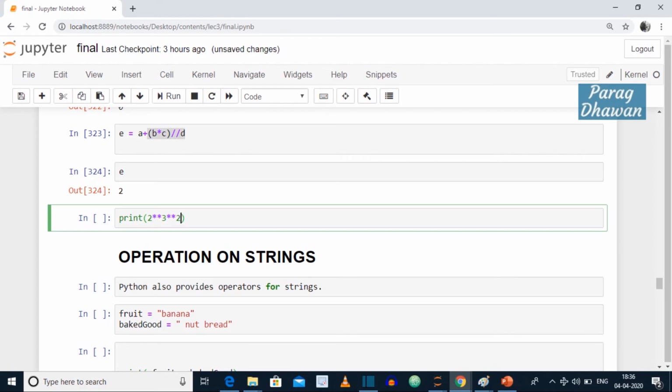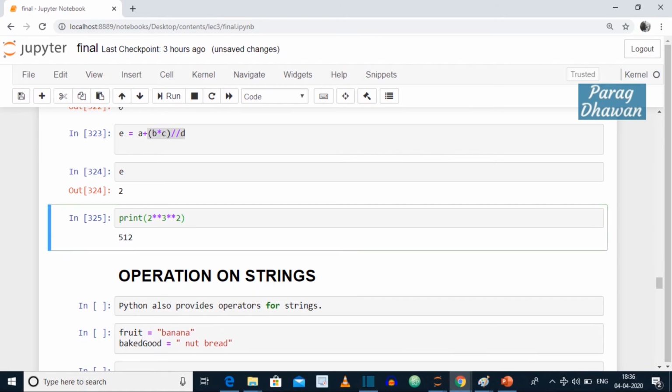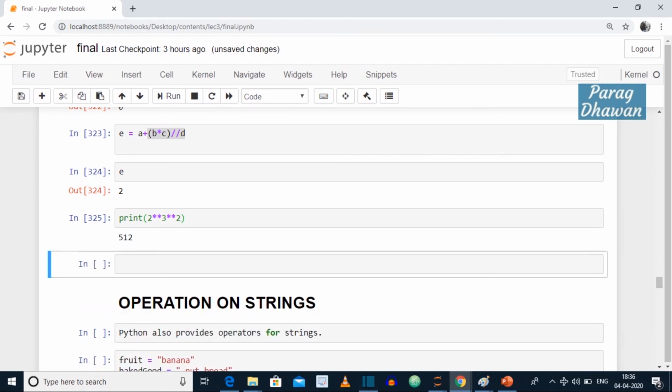We have exponentiation twice in the same expression, so it is evaluated from right to left. So 3 to the power 2 means 3 square is 9 and 2 to the power 9 is 512. Click the cell and press shift enter. The answer is 512.